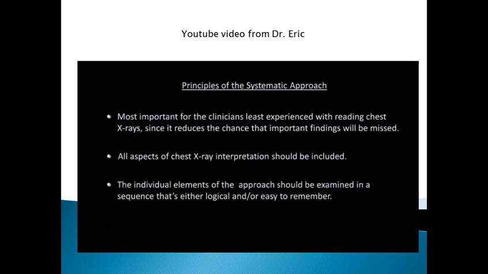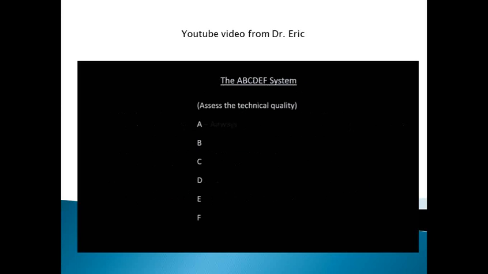So the system I teach trainees is informally referred to as the ABCDEF system. It's not the only one, but it's certainly the most common, at least in the US. It's also not perfect, but it's easy to remember. Each of those 6 letters refers to a specific anatomic structure. Even before the A, we need to assess the technical quality. Then A stands for airways, B for bones and soft tissue, C for the cardiac silhouette and mediastinum,